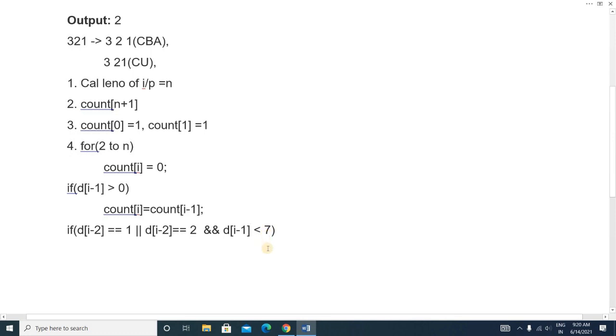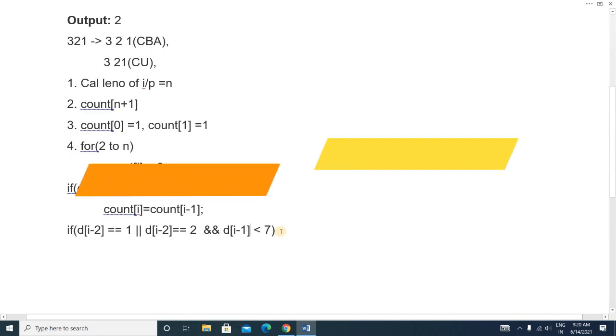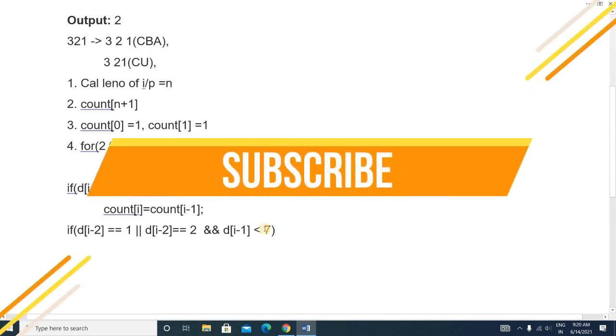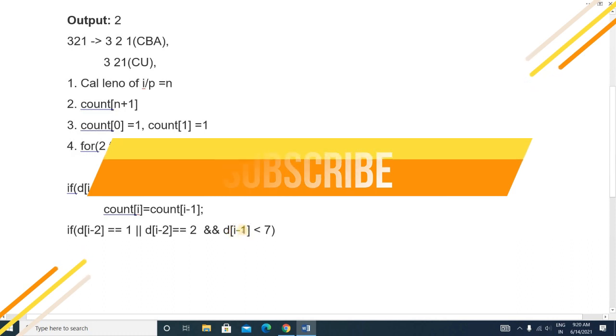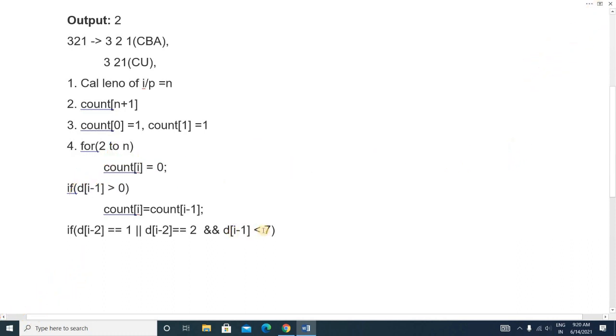Because there are 26 characters in the alphabet, so 1 to 26, so 6 is the largest number here. So in this I minus 1 position, it could be 1 to 6, anything, but it must be less than 7. Okay, so if this is less than 7,